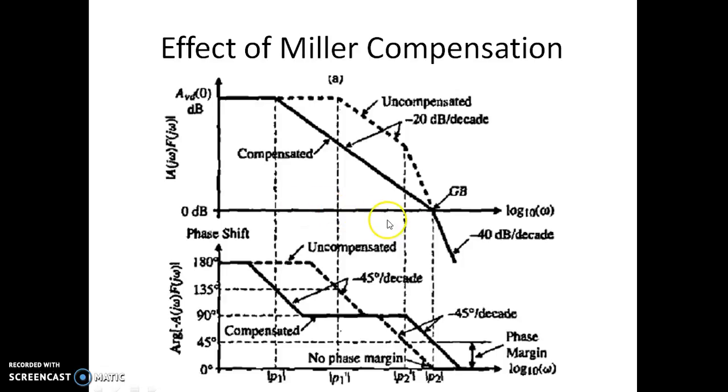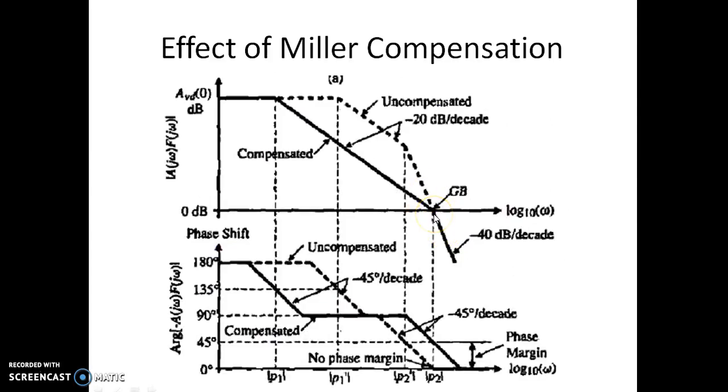This has moved towards the left side. The omega P1 dash has moved towards the left side, that is corresponding to P1 dash has moved to P1, the P2 dash has moved to P2 now. So because of this movement of the poles, naturally the phase margin, you can see now,